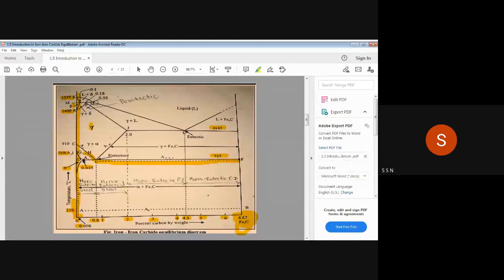0.025% of carbon, here 0.1% of carbon, 0.18% of carbon, 0.55% of carbon, here 0.2% of carbon. Then the next important percentage is 4.3% of carbon, and lastly 6.67% of carbon. So these percentages are very important: 0.008, 0.8, here 0.025, here 0.1, 0.18, 0.55, 0.2,